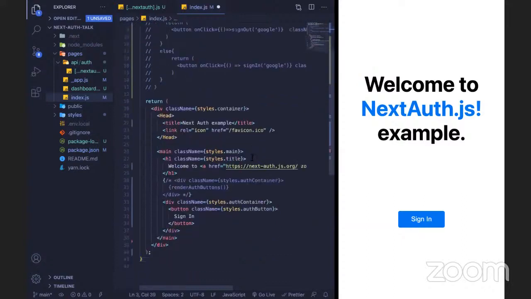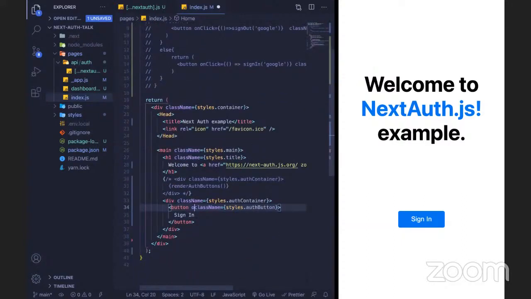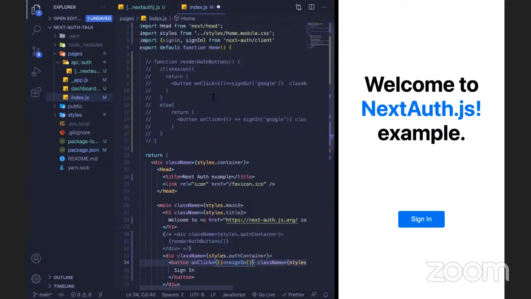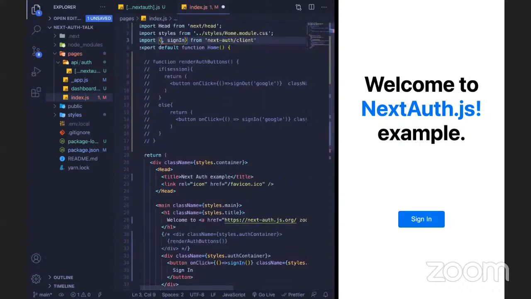This is a simple signIn function. I want to call this function when the button is clicked. Right. So I have entered this function here. Now I'll reload the page.